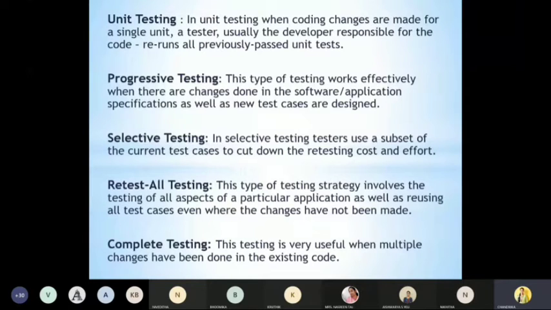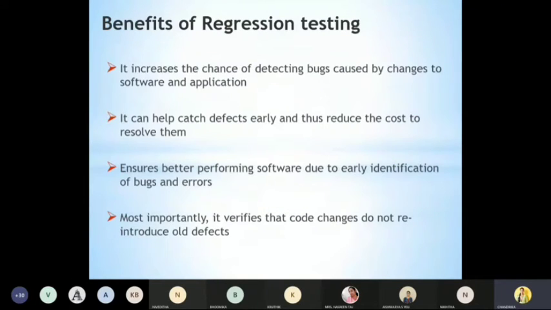Next, let us see the benefits of regression testing. It increases the chance of detecting bugs caused by changes to the software and application. It can help to catch defects early and thus reduce the cost to resolve them. Defects are identified in the early stages, so it reduces the cost to resolve them and ensures better performing software due to early identification of bugs and errors.